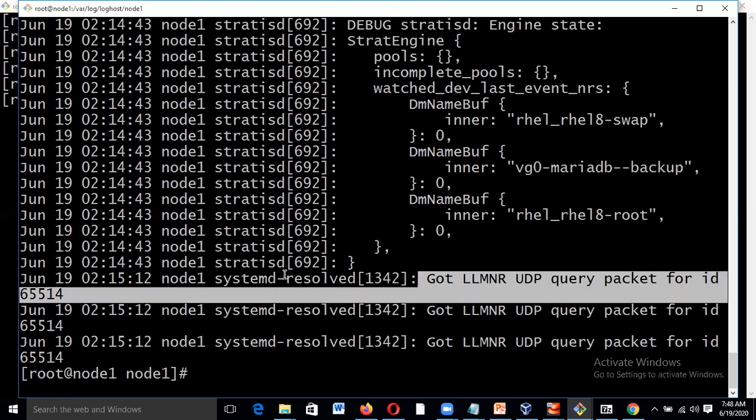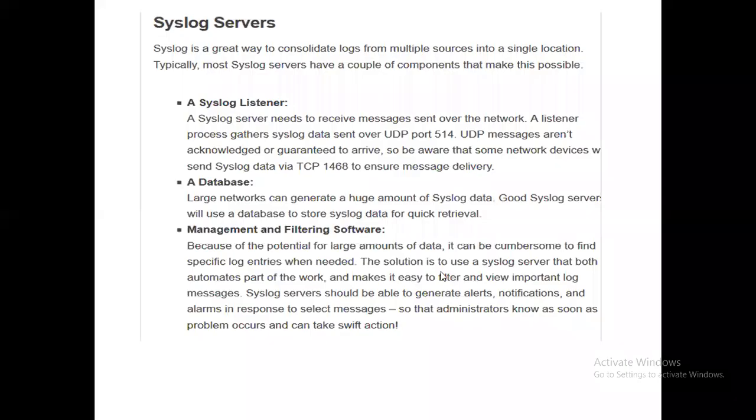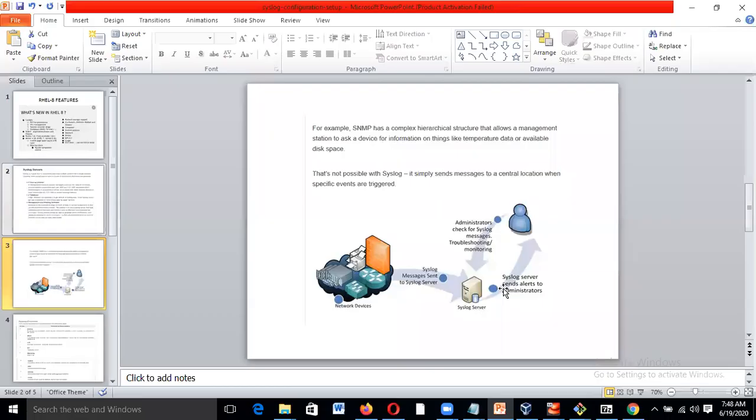So how syslog communicates with the central host, and how it generates all those log files, we have seen that. As part of our Habit Cloud journey, we have seen how syslog communicates with all those client machines using TCP and UDP packets, and how we can manage and filter them. Apart from that, if you go over here,